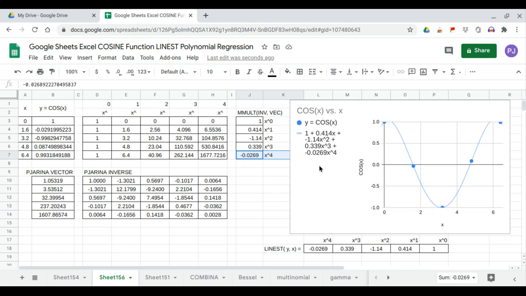This completes the use of LINEST, array formula, and the trend line, the charts, the scatter chart to generate the polynomial regression of the